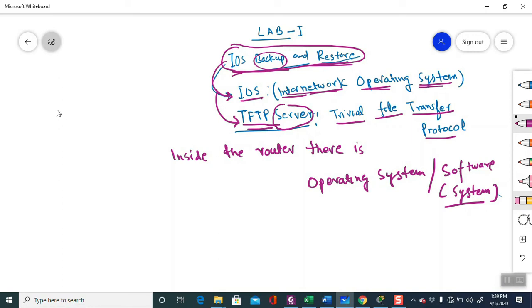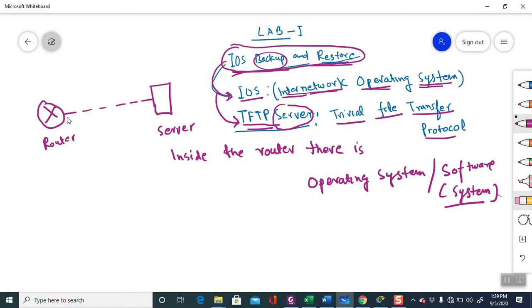Suppose there is one router here, and there is one server. Here we take any Ethernet cable and make the connection.